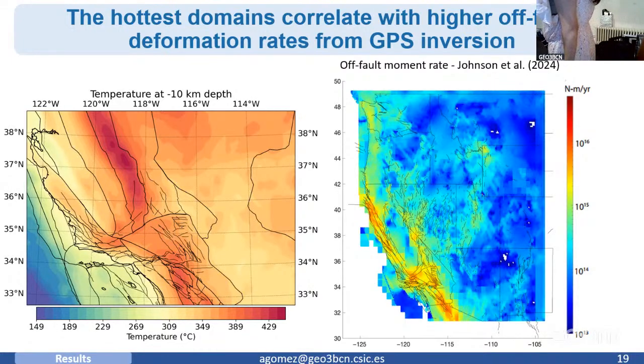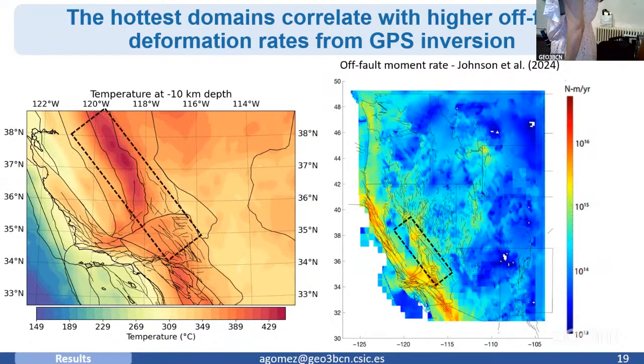What we see is that the hottest domains in our model actually showcase a quite nice fit with these deformation rates from GPS inversion. And if we focus in this area, which is the Sierra Nevada origin, and here the Walker Lane terrain,